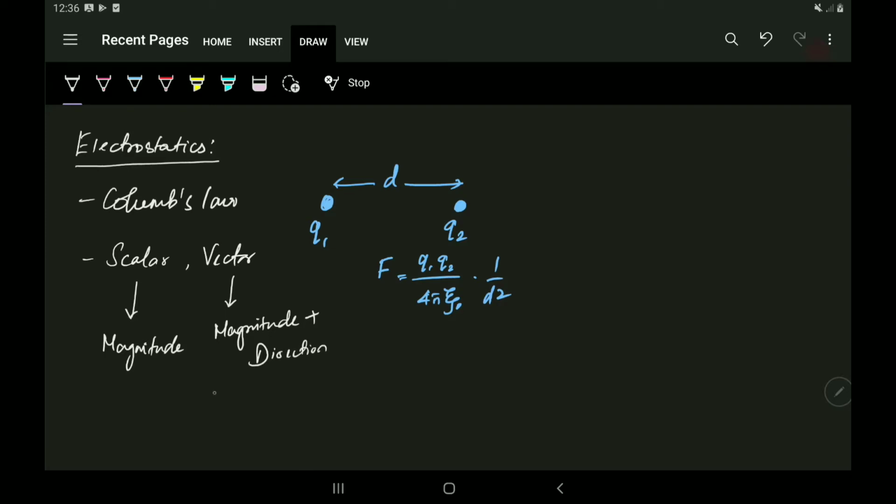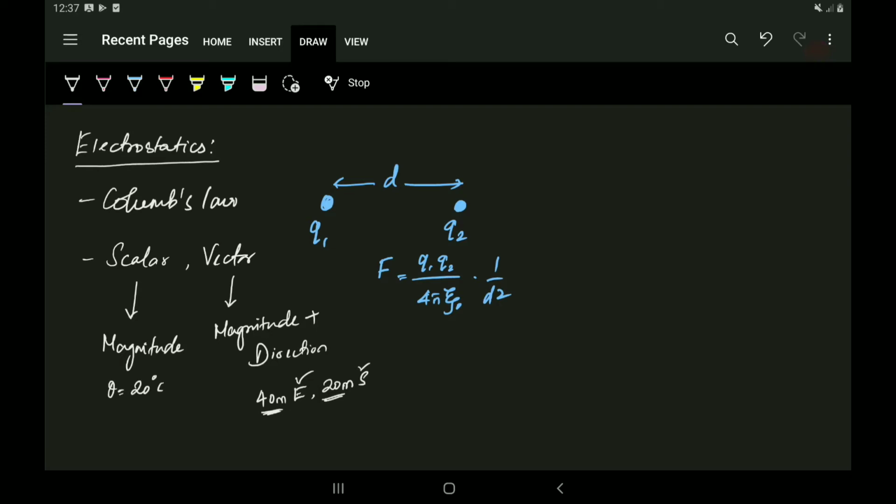For example, if I say a person moves 40 meters east and again 20 meters south, I mean both the magnitude and its direction. So here the displacement is a vector quantity. But if I say the temperature of an object is 20 degrees Celsius, it does not mean at what position. So if I say only magnitude, it is a scalar, and if I give both magnitude and direction, it is a vector quantity.